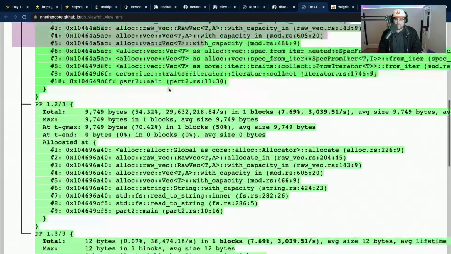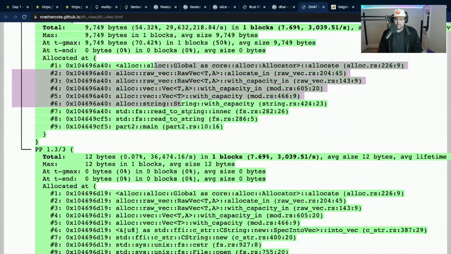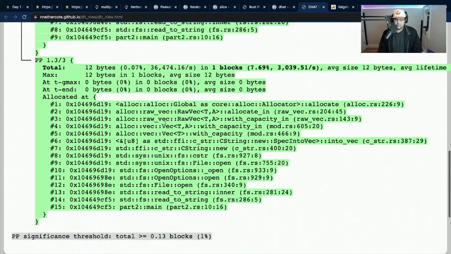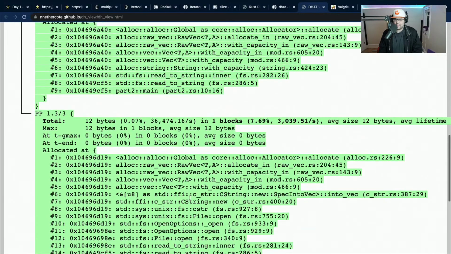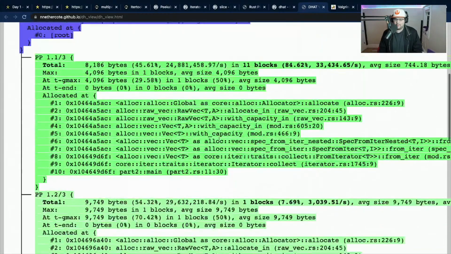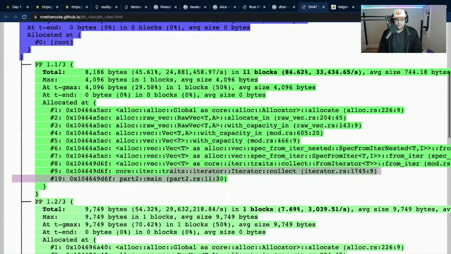This looks like a Vec allocation. This looks like another Vec allocation. This looks like a Vec allocation from the FS. So if I'm reading this correctly, this is 10, that's also 10, and this is 11.